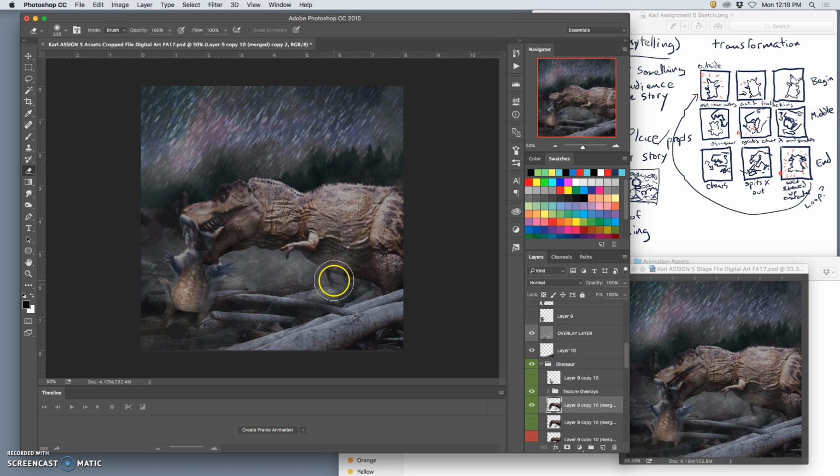Okay, and now I want to have him ingest the creature a little bit. Start kind of slurping him in. So how do I do that? I'm going to be pretty rough about it. As a combined asset, I made a duplicate. So now I'm just going to select my creature's body,